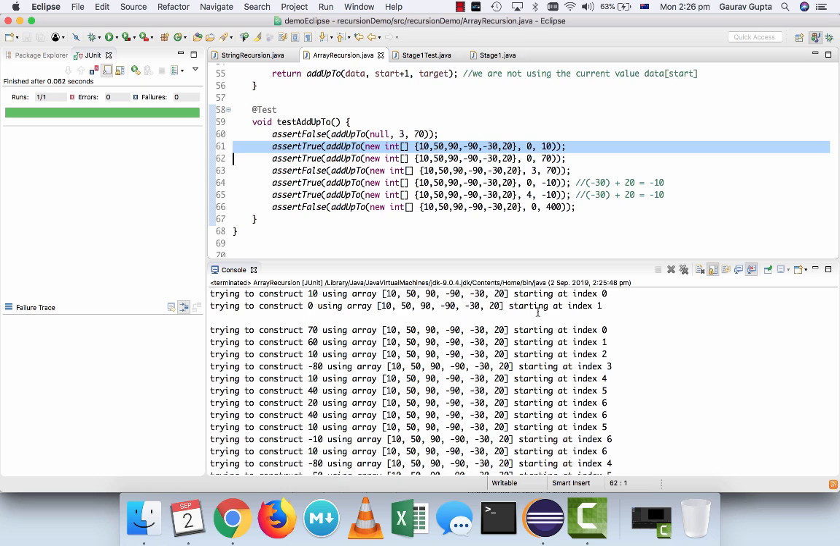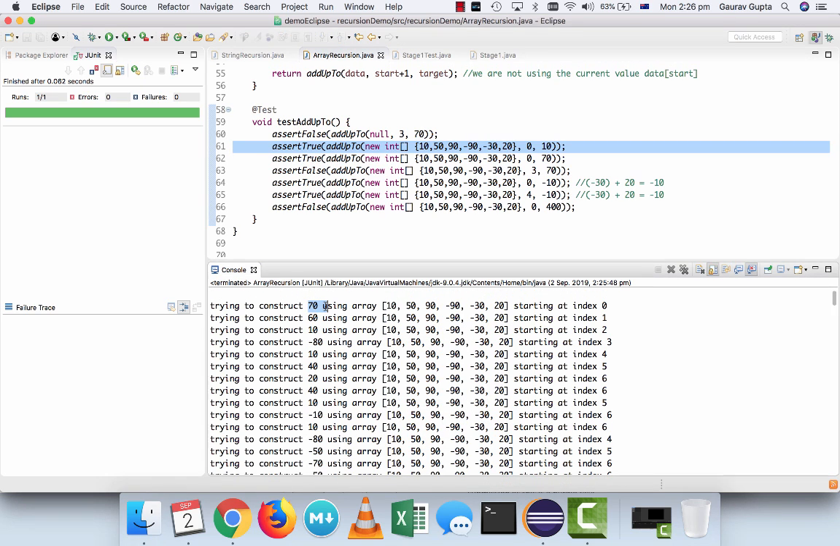with 2 steps. My second test, where I'm trying to construct 70, you use 10 and it becomes 60. You use 50, it becomes 10. You use 90, it becomes minus 80. You use minus 80, it becomes minus 80 minus minus 90, which is 10. Then you use minus 30, it becomes 40. Then you use 20, it becomes 40 minus 20, 20. So when it reaches the end, using all the items, the total is still 20, which returns failure. So what does it do? It decides to not use the last 20, in which case it reaches the end of the array with residual 40. So you can see that